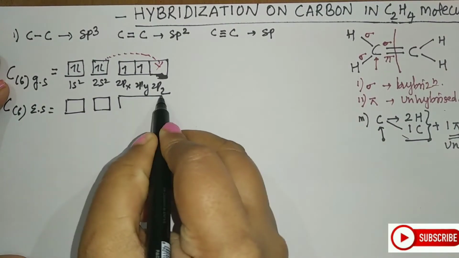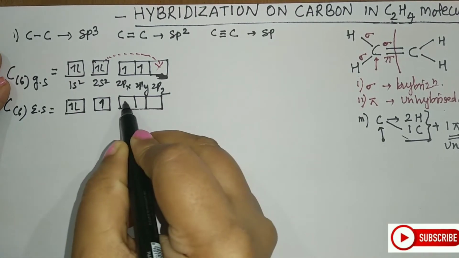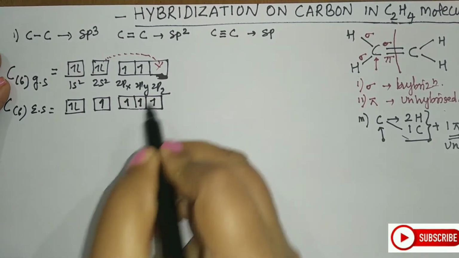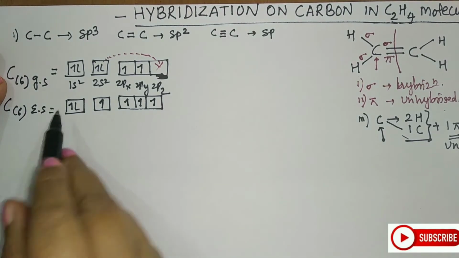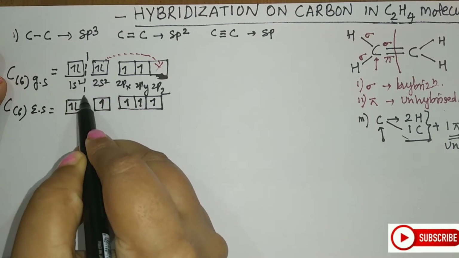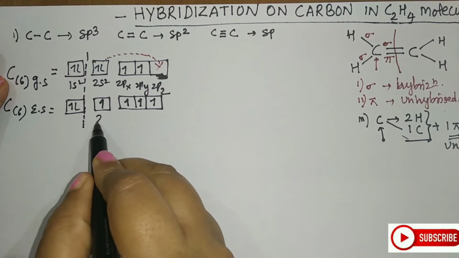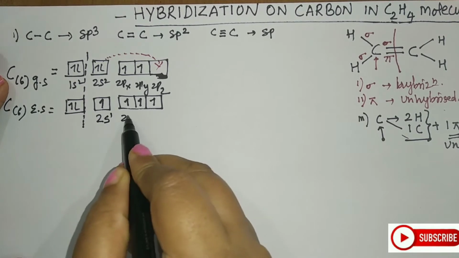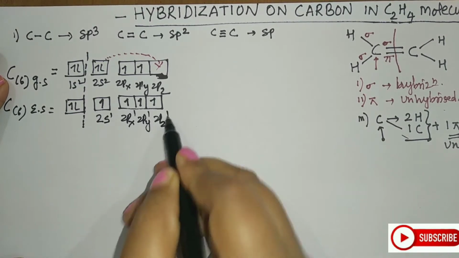So what I will get here, students, is this will remain as it is. This will become 1, 2, 3, 4. Now I made 4 unpaired electrons here. Now if you see this orbital, it is not taking part in the bond formation or the overlap, so let us keep it aside. We call them non-bonding electrons. And let us see for this. This will now become 2s1, 2px1, 2py1 and 2pz1.